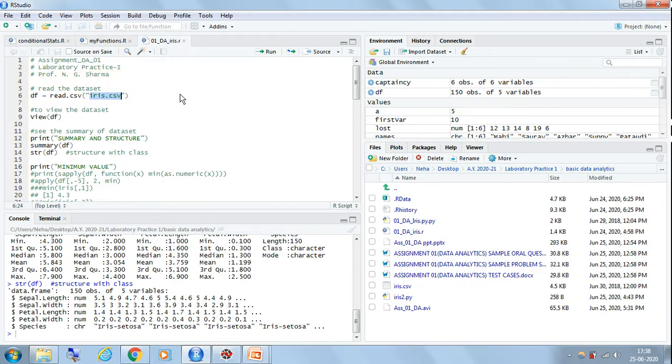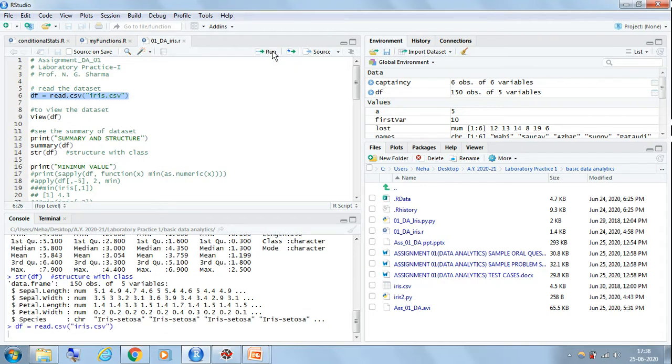Okay. So if you select this line and if you just click this run icon, it will run only the selected line. So I have selected only the first line which I have explained. So after executing, you can see here, this is my console. Okay. In the bottom left, you can see this is my console. So the line is executed. Okay. So I have simply read the file. I have not displayed the file. That is why you cannot see anything here as an output.